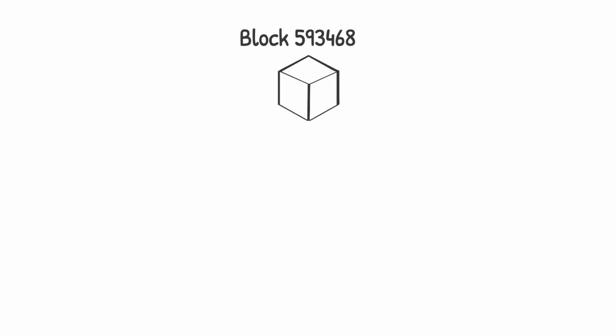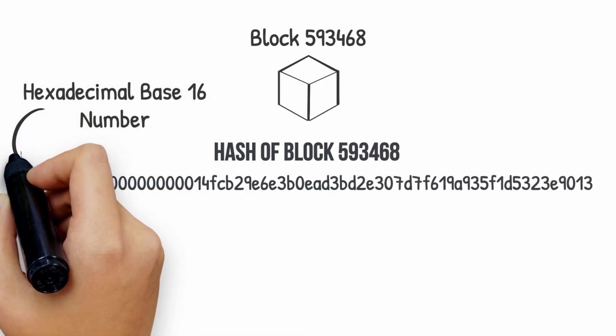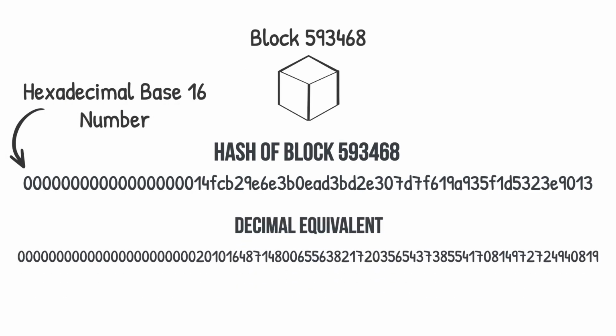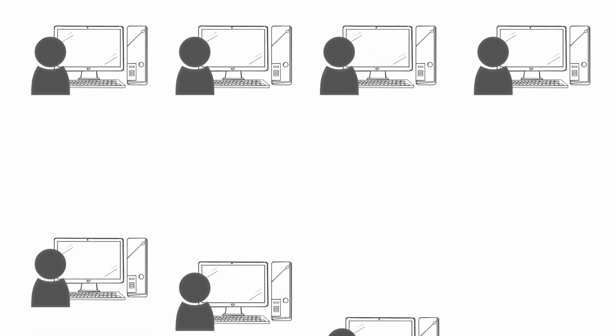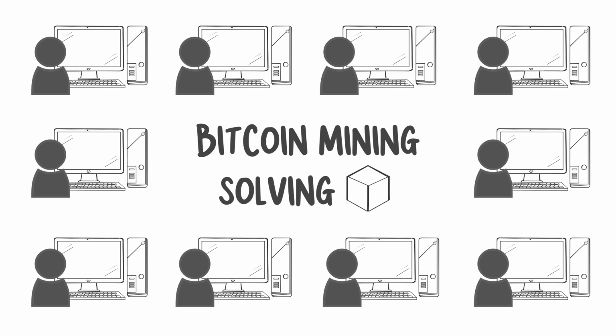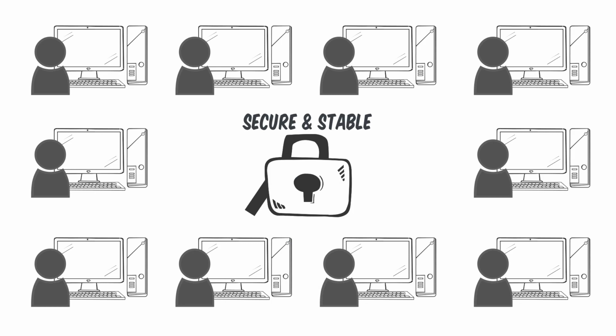A real-world example of a solved hash of block number 59346 of the Bitcoin blockchain is shown on the screen. It is a hexadecimal base 16 number containing exactly 64 characters. There is a lot more to all of this, but this is the gist of what Bitcoin mining and solving blocks involves. The entire system has been designed to be very secure and very stable and has been in continuous